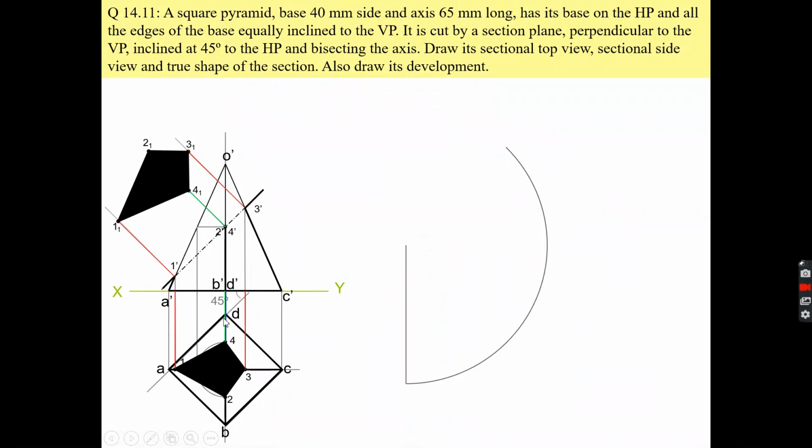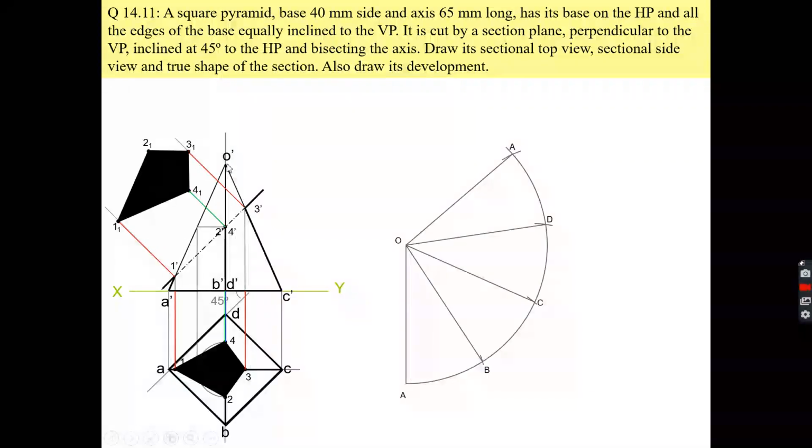So it is showing you the true shape of the base of the pyramid. So you will measure the width of the base from the top view. After measuring, or it is also given in the question. Okay, so you can mark the arc like this, and after getting all the points, you can draw the whole development of the whole solid. After doing that, you have to measure the